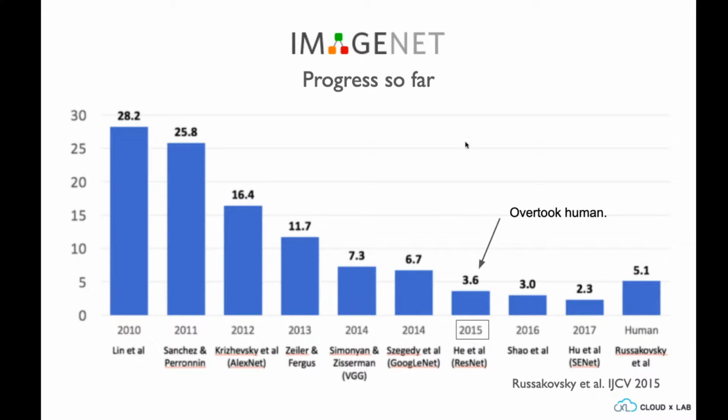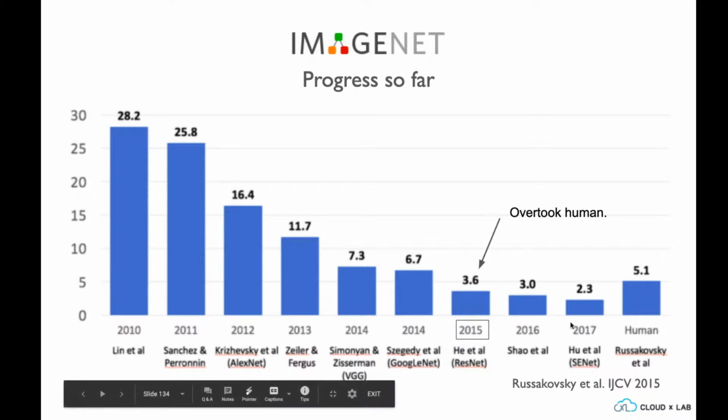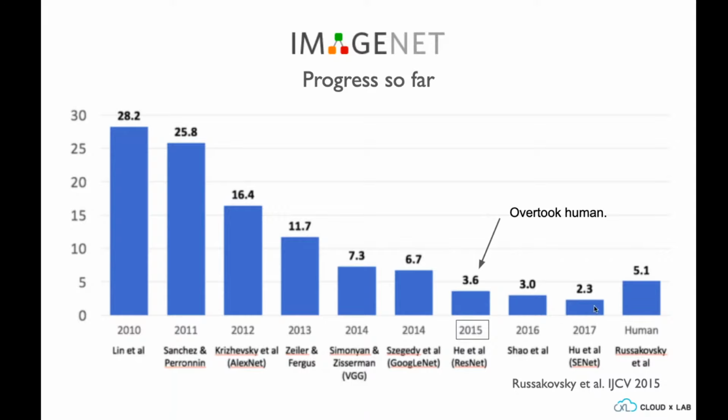A lot of the newer models I'm seeing are not trying to push this much further. They say, hey, this is really quite good. What they're trying to do is figure out how to make the model smaller and easier to compile. That's become a bigger challenge for a lot of researchers today, as opposed to making a better model, because we've come to a point where we can do a lot of nice things with computer vision.